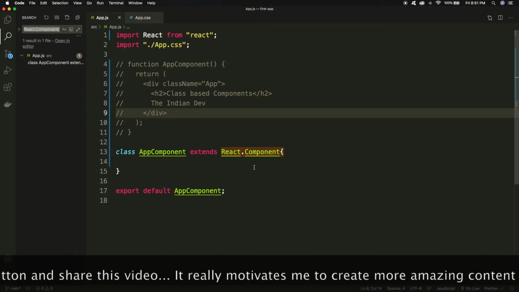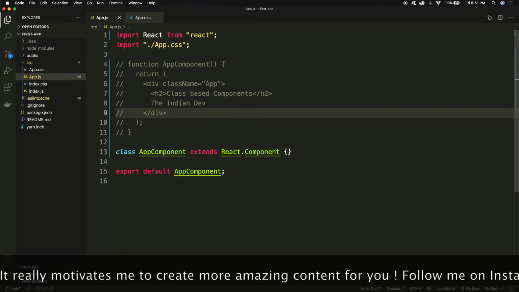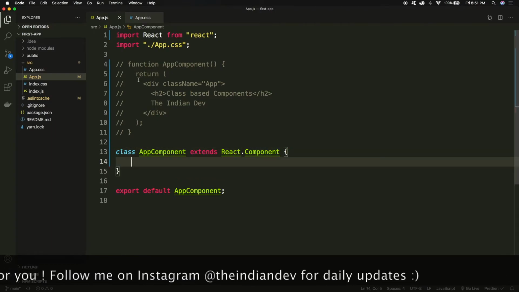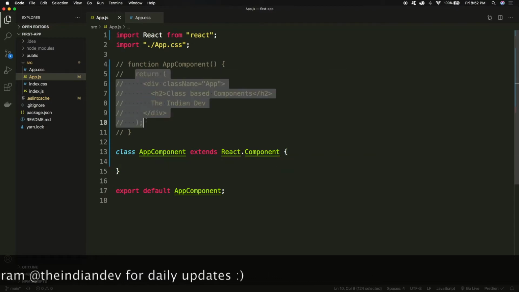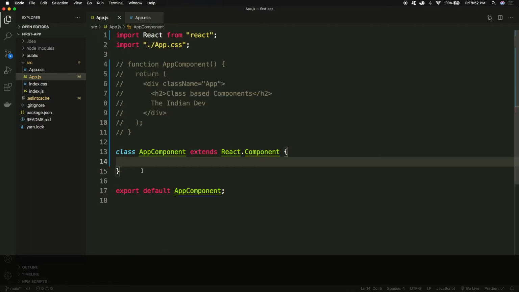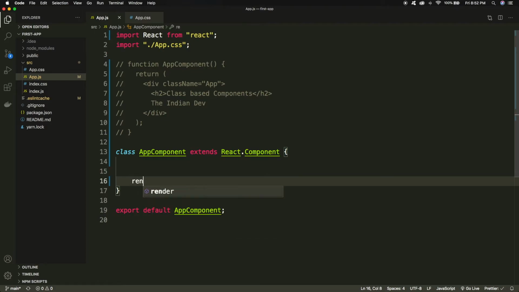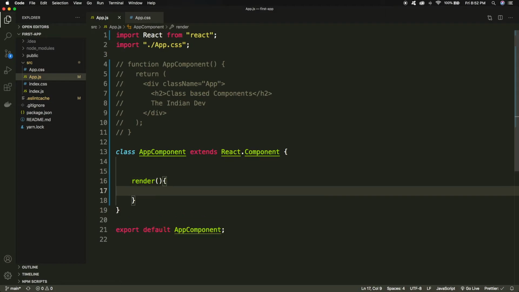I will simply format it. As of now, if I look at the functional component, I can get an idea that I was returning some sort of UI from this particular component. But in a class-based component, the thing is different. Class-based components come with some lifecycle methods. One of the most important lifecycle methods is render, and as the term suggests, render is related to the UI part. So whatever JSX we return from this method will be directly visible